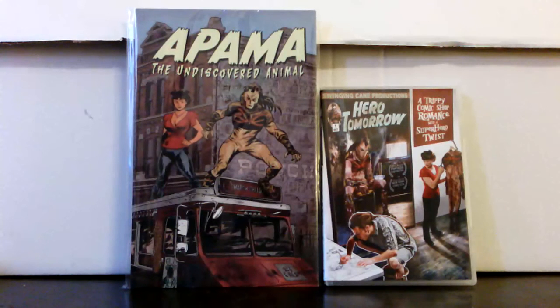Another comic book haul for you. Starting you off with something a little bit different. Apama, the Undiscovered Animal. This is a trade,